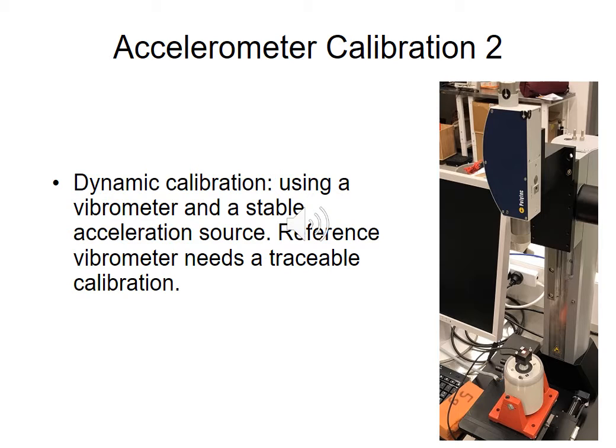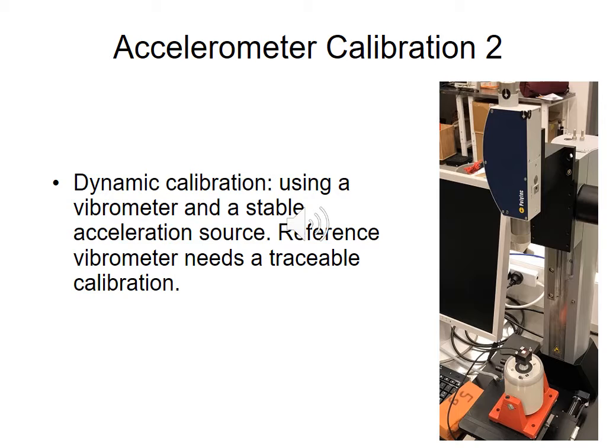Another type of accelerometer calibration which can be applied is one where we use a laser vibrometer to do a dynamic calibration. Previously we would have done a similar dynamic calibration, but typically at a fixed frequency, maybe 159.2 Hz, which is a convenient frequency, a single sinusoidal frequency component. In this case, we could apply with our electrodynamic shaker a broadband acceleration, and we can make a measurement of that broadband vibration signal using the accelerometers which are being calibrated and are attached to the electrodynamic shaker, as can be seen in this image, and compare that with a vibration velocity signal that's collected by the laser vibrometer, which is attached above those accelerometers,